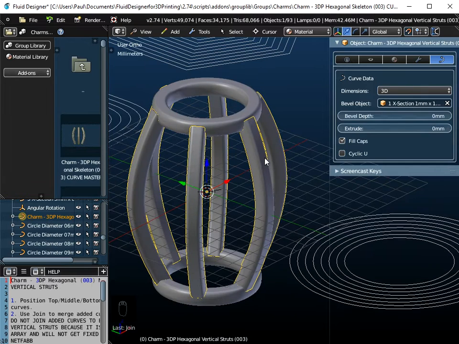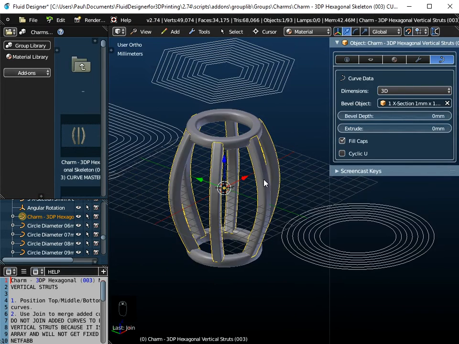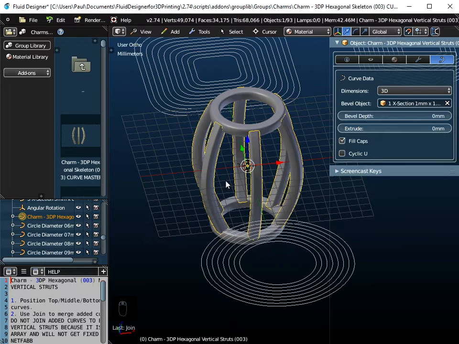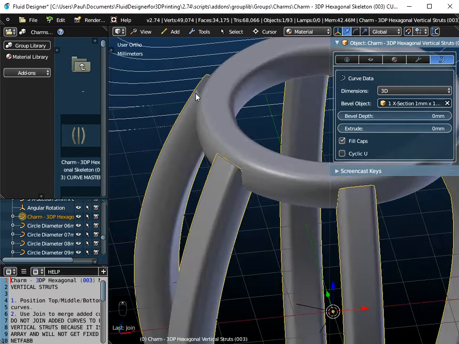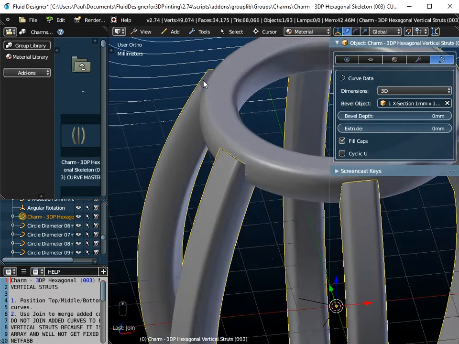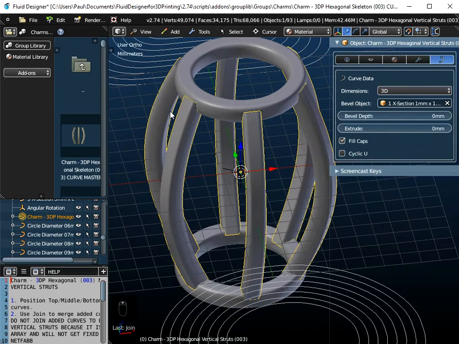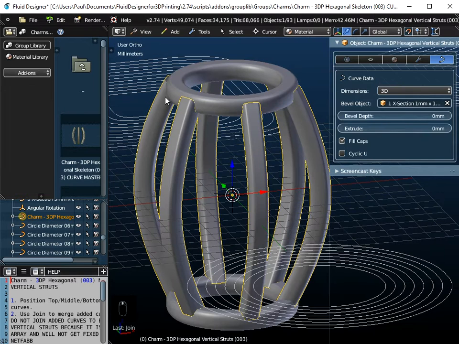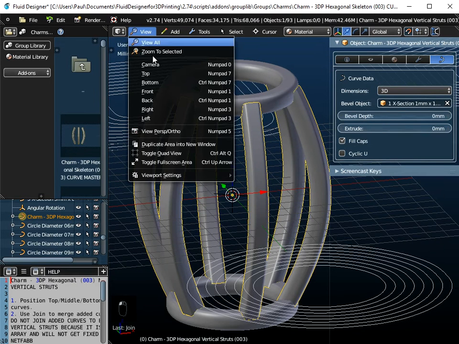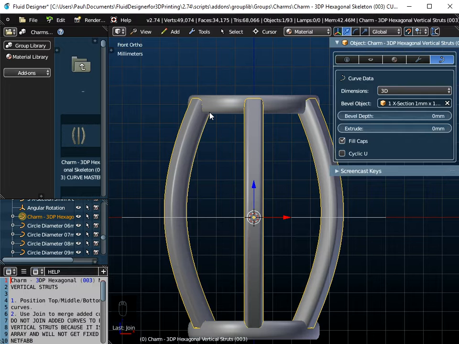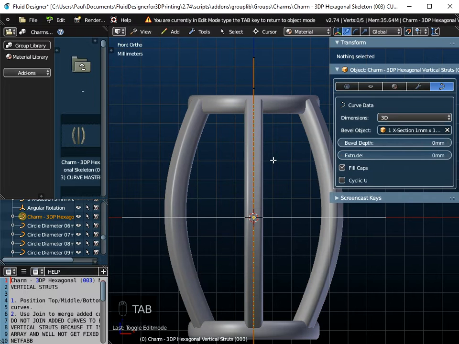So don't join the top to the skeleton outline there. Not just yet anyway. Now if I zoom in, you'll see that there are some slight errors here, and those errors are there because, depending upon which shape you put in, you will need to modify this frame slightly. So with the frame selected, if I go to View and Front view, and if I go into Edit mode, actually